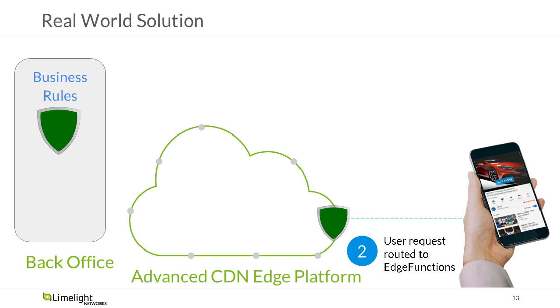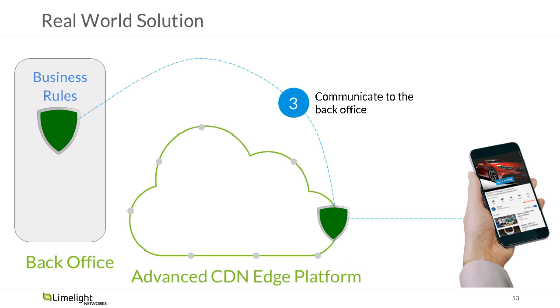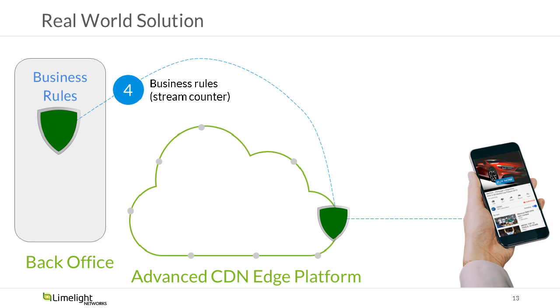The second step is the request is directed to the Edge function platform, where a function will be invoked, and that function will then communicate to the back office. The action of the back office is, okay, it will check the business rules, and also it will increment the status inside a counter, a stream counter, because as I explained earlier in the slide, the rule is not